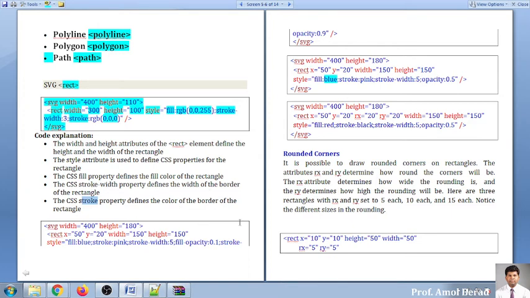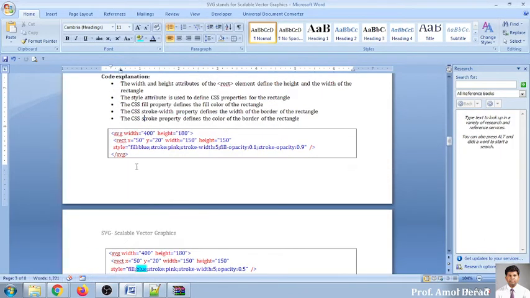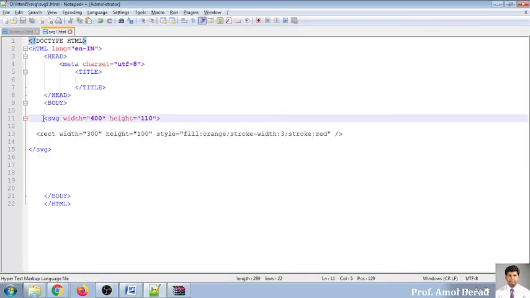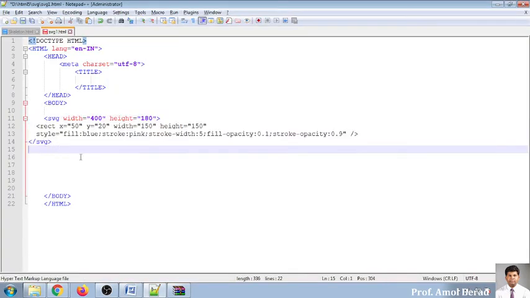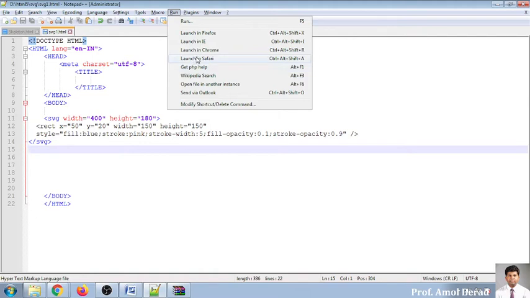So I want to give some examples. There are different types of properties that can be set, so you can use these properties. I will go for executing different types of output. So I'm copying ready-made code and pasting it into this SVG. How can we draw special types of rectangles? For that purpose, I have written this code, and I am displaying it in front of you.